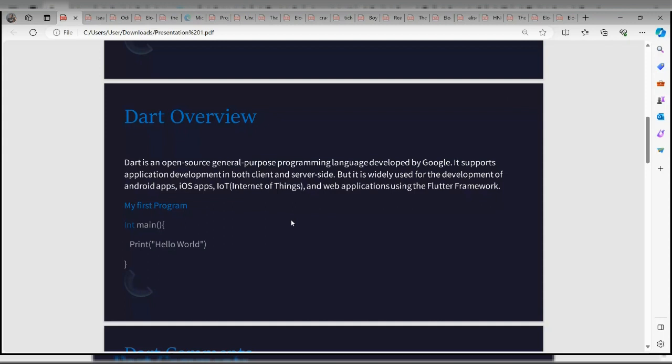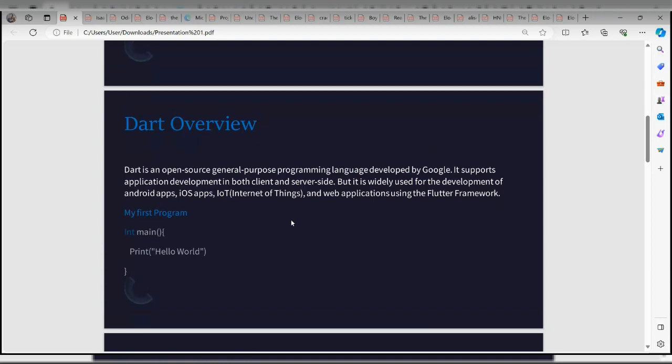We're going straight into the overview. This is the mobile application development course with Flutter. Someone said Flutter is a programming language, but it's not really a programming language. Flutter is a framework that uses the Dart programming language, which is the programming language that works with Flutter, and we use that to build applications.